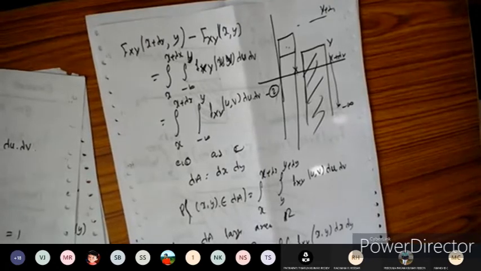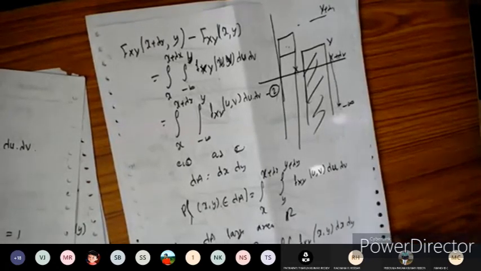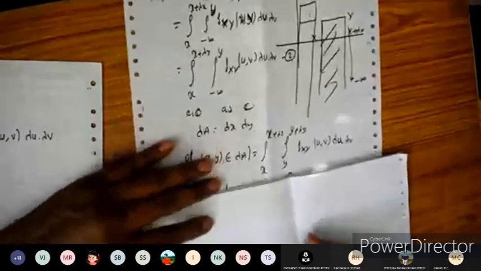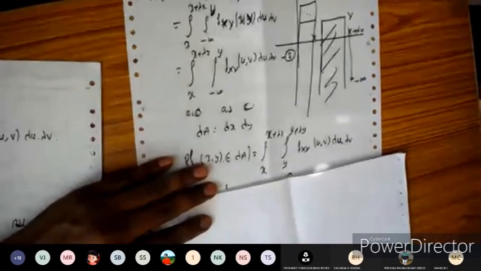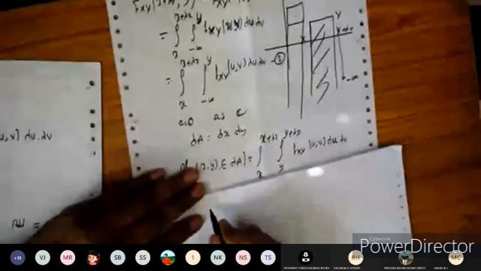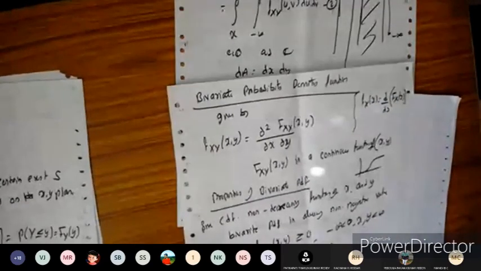Similarly, we have two properties. I'll quickly recall them, since they extend from the marginal PDF. We take the marginal PDF from the marginal CDF. So the marginal CDF is nothing but this one here.